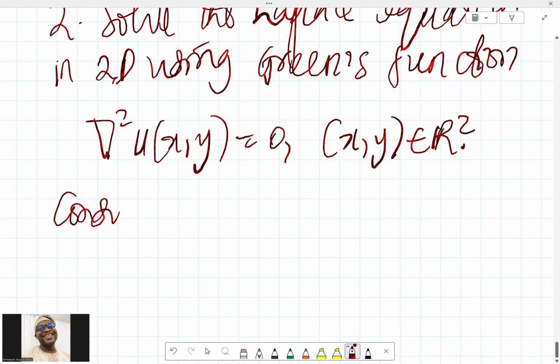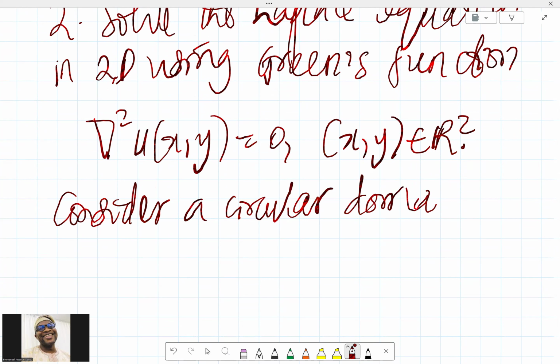Then we can consider a circular domain of radius r